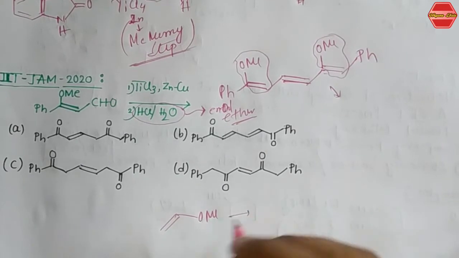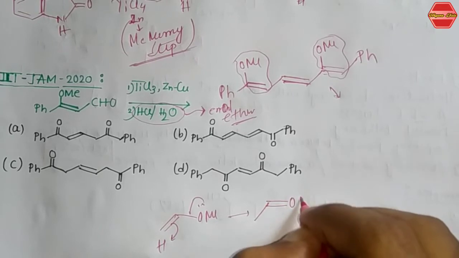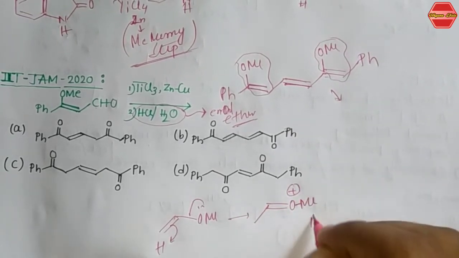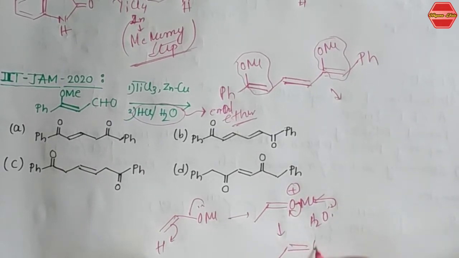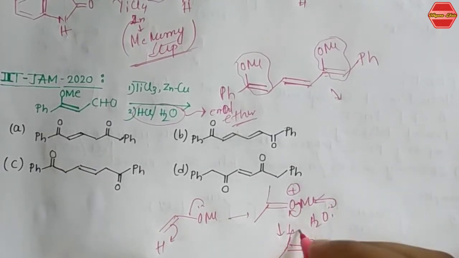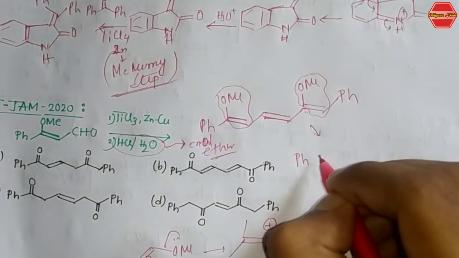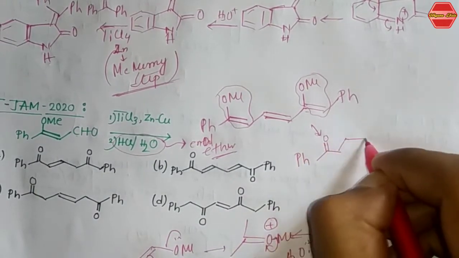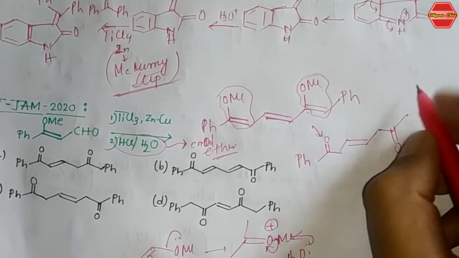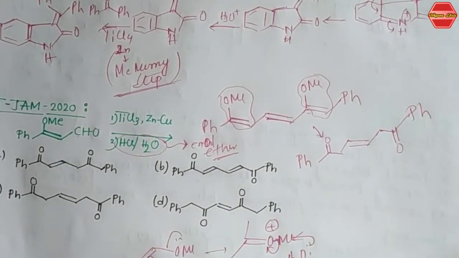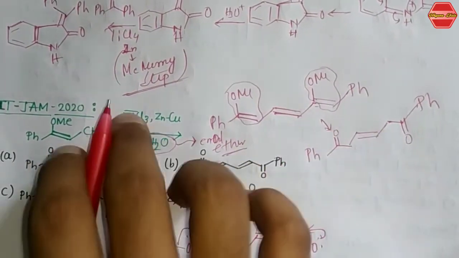So if it is hydrolyzed, the mechanism for it, as you can see over here, if you have this one, these bonds can go here, it can take a proton, so that you are getting this OMe plus. Now water can react here, and you are getting a ketone, like this, right? So similarly you can get a ketone from here. So your product should be this one, that is double bond Ph, right? So this is your overall product after these two conditions.